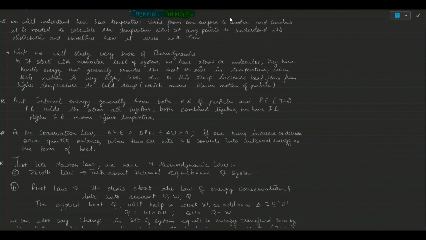So, thermal analysis. One may ask, why exactly do we need this thermal analysis? This is to understand how the temperature distribution happens inside a body or a system. One may try to understand an analogy with different theories that we have seen in academics. For example, solid mechanics theory. What's the purpose of solid mechanics theory, correct?